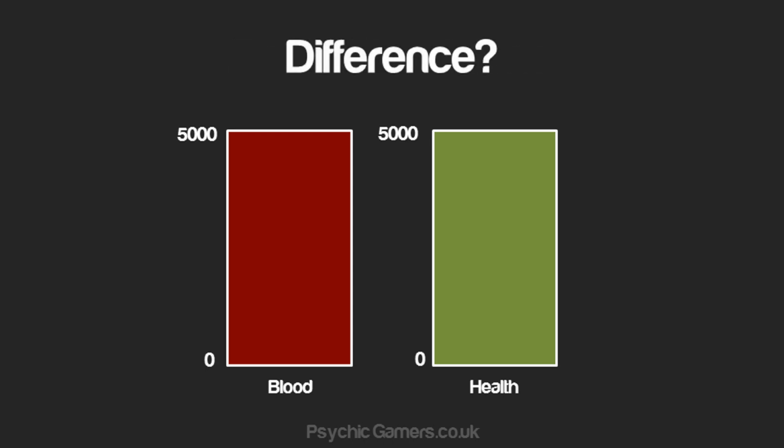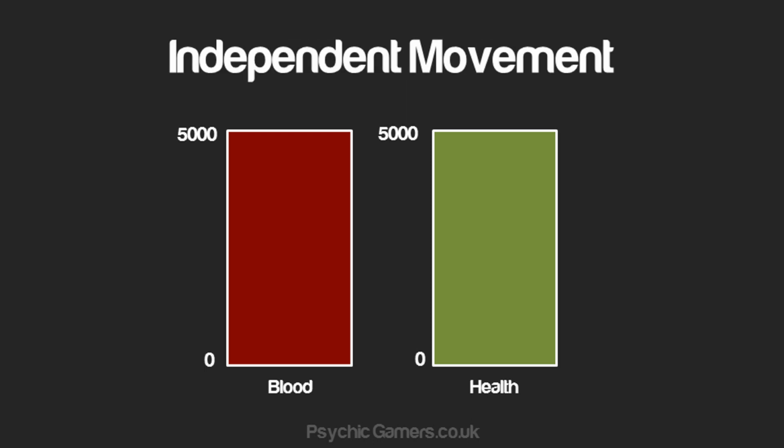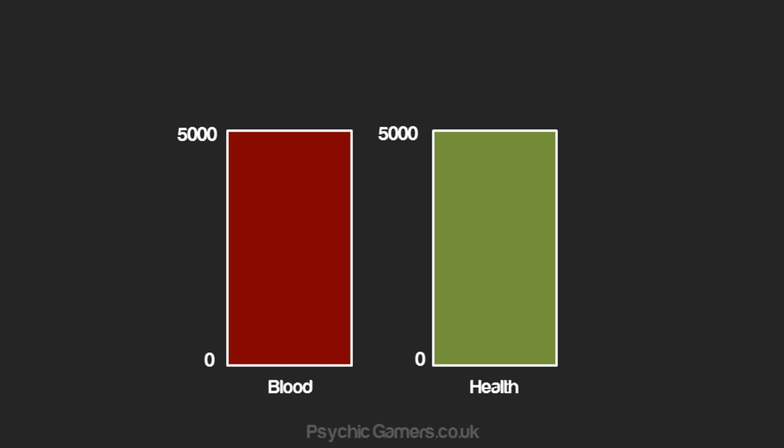So what's the difference between the two? Well, to put it simply, blood affects consciousness, health affects life. It's important to realise that they can move independently of each other. I'm just going to run through a few hypothetical scenarios, and it will soon become apparent why this is so important. So we're going to start off with a freshly spawned survivor, and he's going to spawn in with 5,000